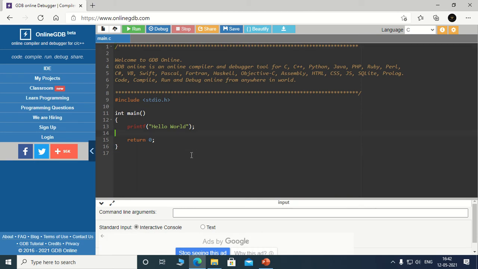So we have chosen the online GDB compiler, and here we are mentioning the similar header files which need to be mentioned for system calls.